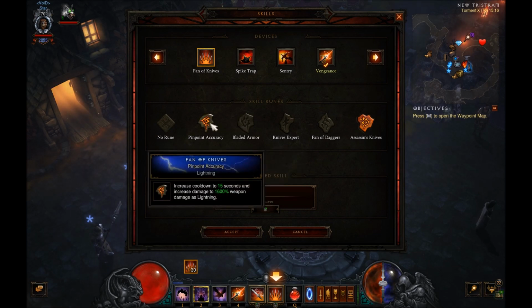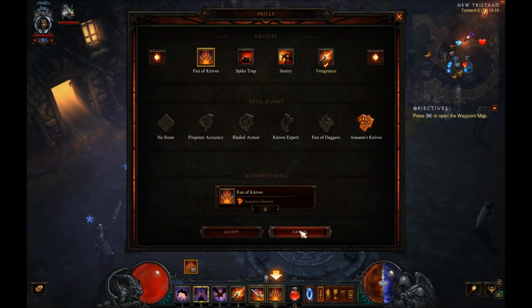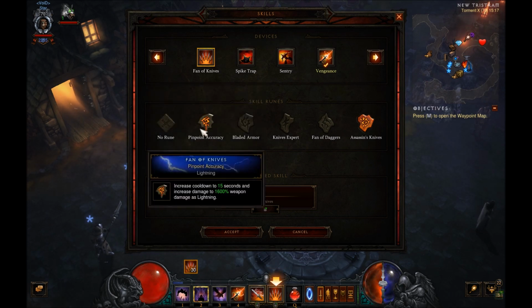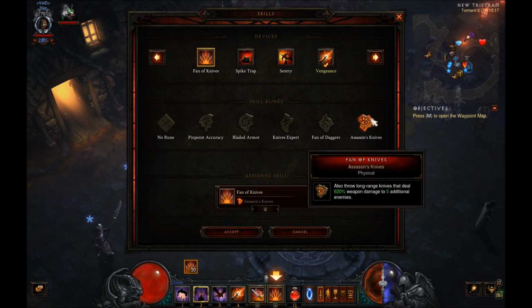Pinpoint accuracy, you don't need that additional damage. On top of that, standard Fan of Knives has a 10 seconds cooldown, and if you use a 10 seconds cooldown reduction in Geom, you will have just the standard base cooldown of 0.5 seconds. And you want that. Pinpoint accuracy will only get you down to 5 seconds, and then you have your normal cooldown reduction. So yeah, it could be good as well, but again, I just prefer Assassin's Knives because it's